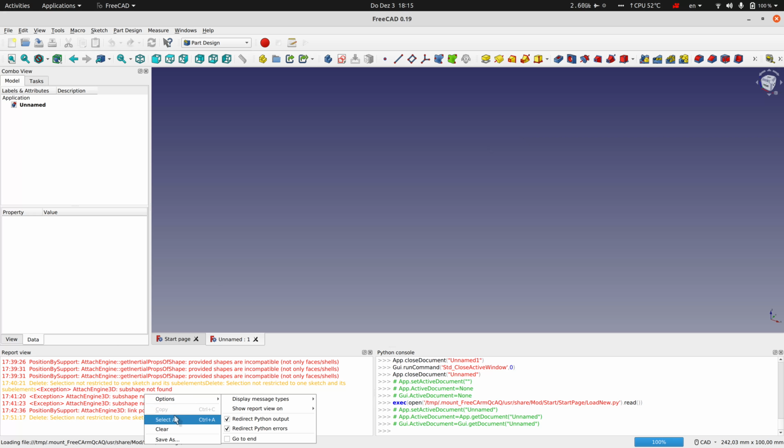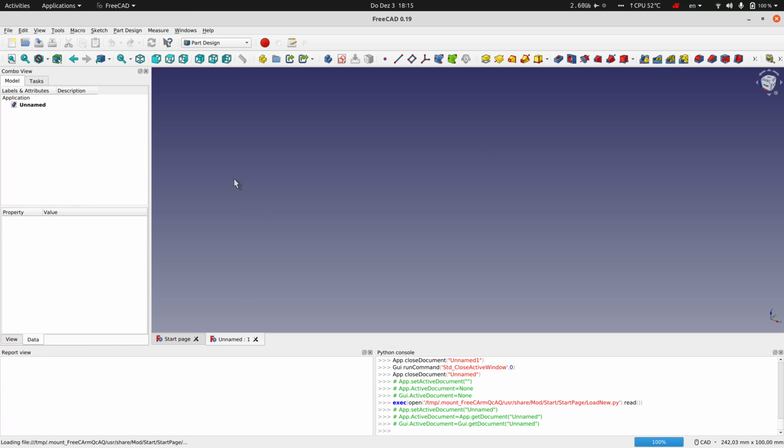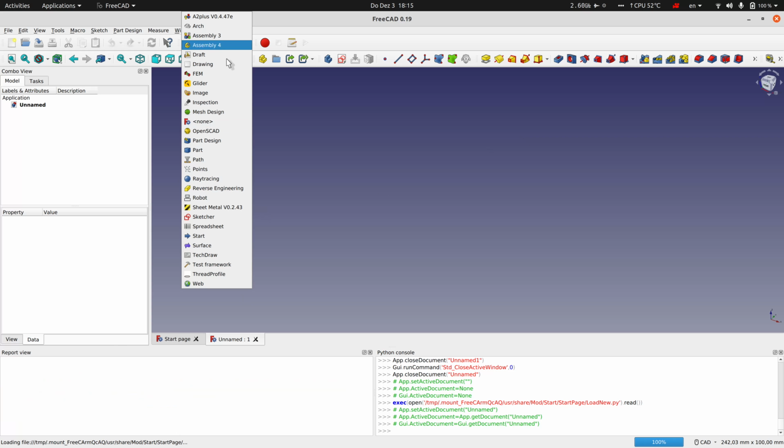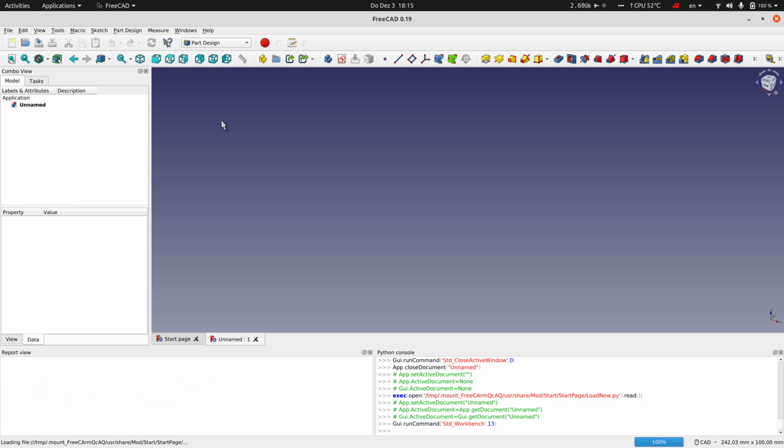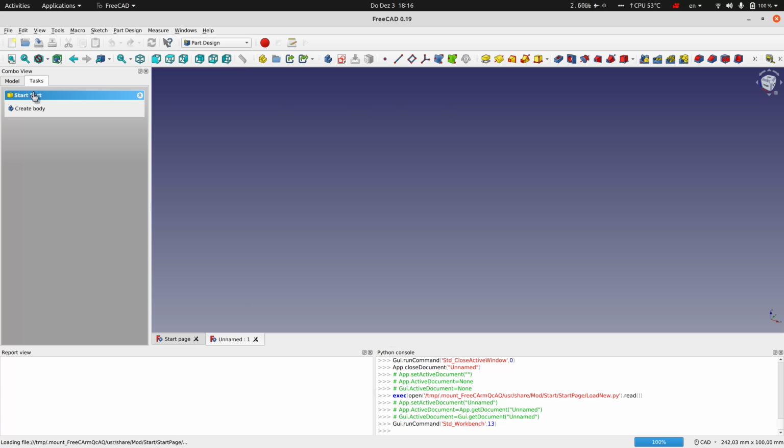So be careful what you link to in FreeCAD. It can break your models. Quick example: you're a new user, like I am, you go to Part Design and you create a body, and